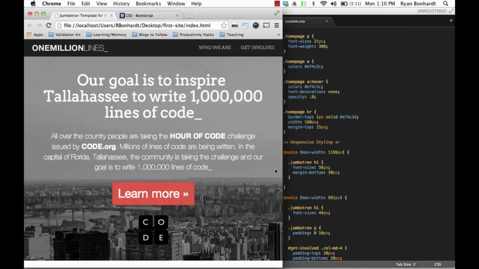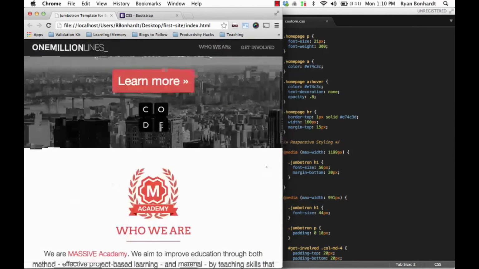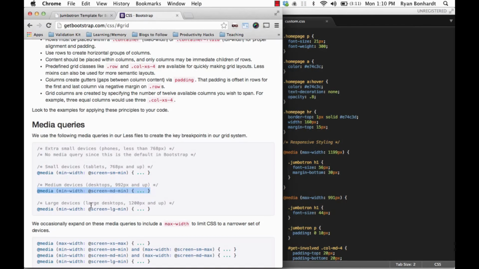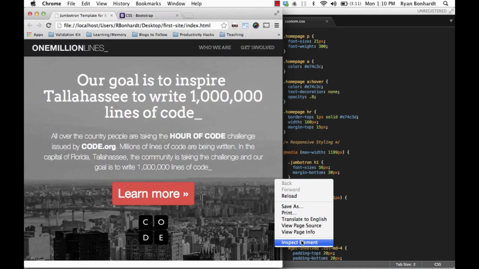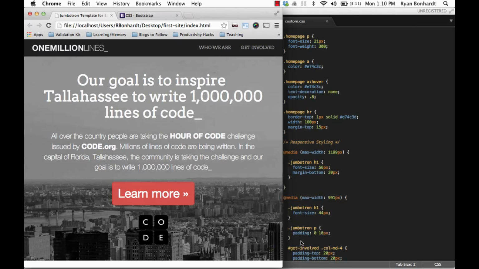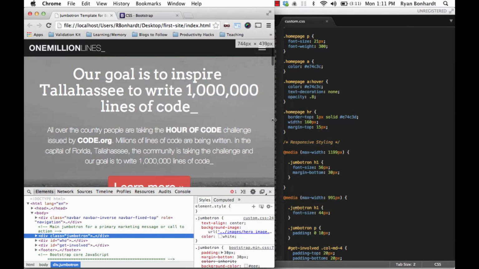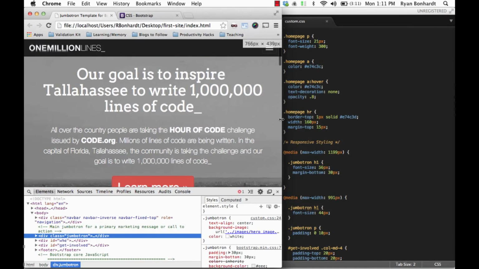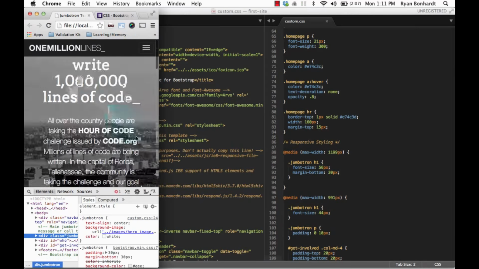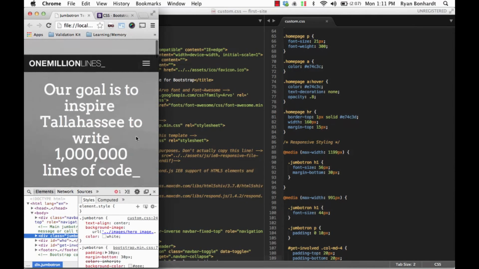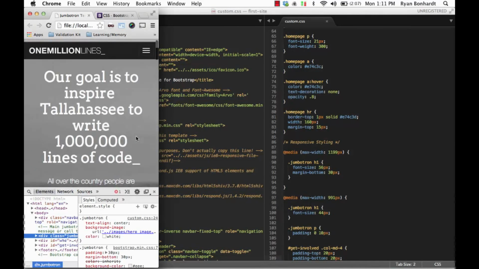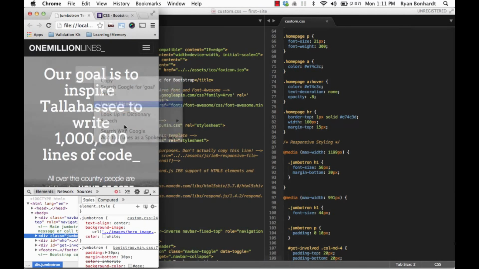So we've done, yep, everything looks great. So we've done small, medium, and large, and now let's go on to extra small. So once again, inspect element. And extra small is just below 768. So I'm going to go to as skinny as possible, 400 pixels. And we're going to make this